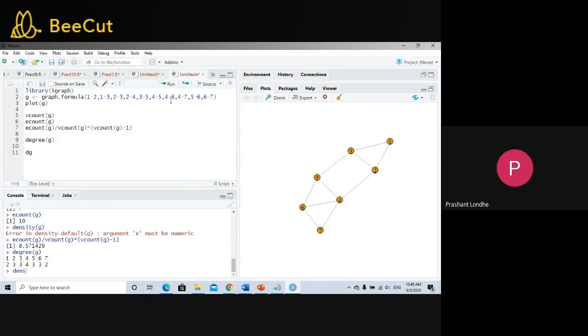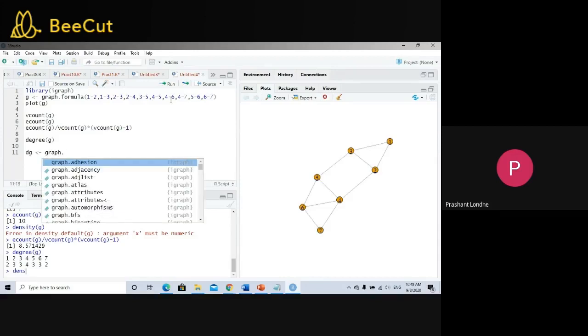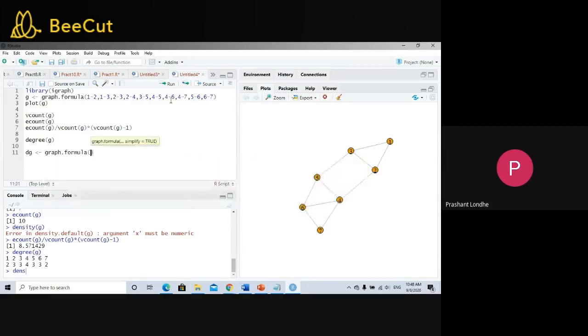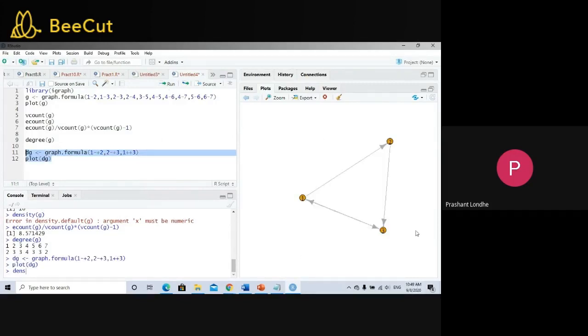So let me define DG graph dot formula: 1 minus plus 2, 2 minus plus 3, and there will be 1 plus 3. Let me plot this graph. Fine, there are edges between 1 and 3.